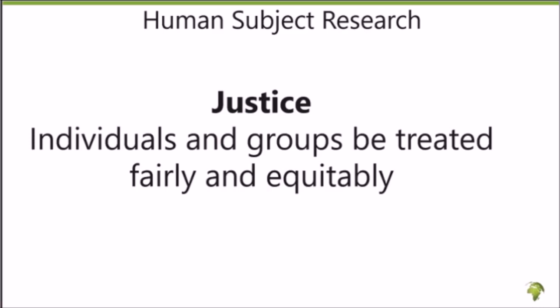Or maybe your survey involves two different ethnic groups. You don't administer the survey in a different way to the ethnic groups because of their ethnic affiliation. No, we need to treat all participants fairly and equitably. And if there's any benefit we are giving, we should make sure that it goes to all the participants as well. And that is it for the three principles that govern